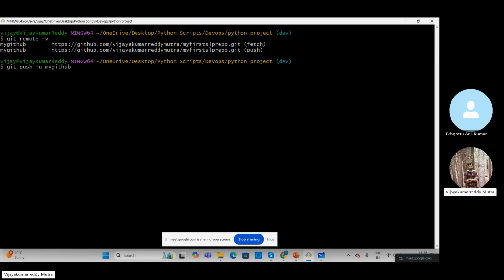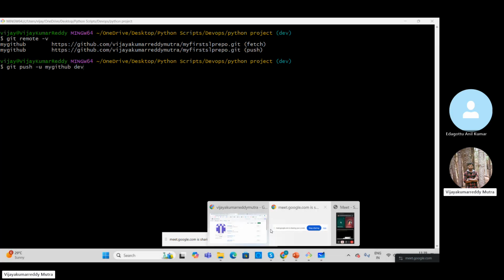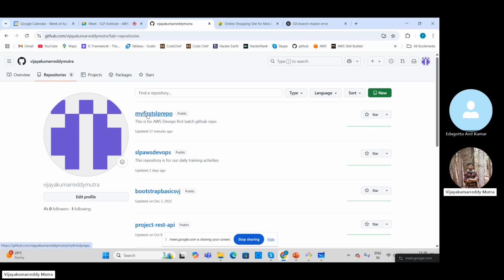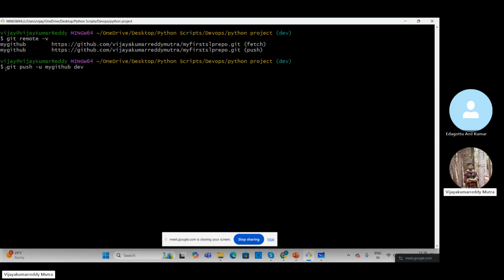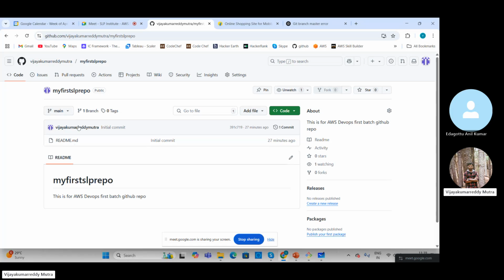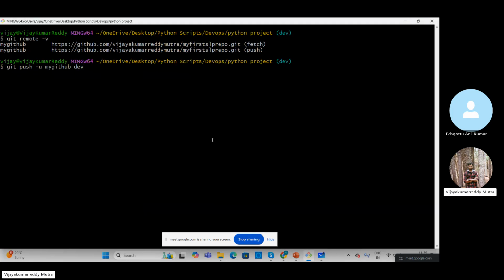So just git push, and which branch are you trying to move? Dev. So I'm moving to the dev branch, and in GitHub it will create a new branch. Before pushing that, we'll just see. Go to my first SLP repo. Here we don't have any branch, right? Once we push, it will create a new branch automatically and add all these files here. Now let's click on git push -u my GitHub dev,